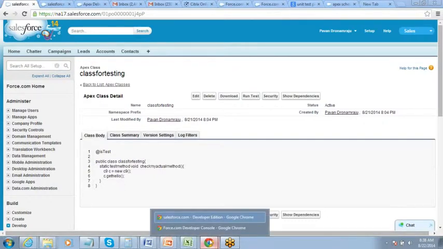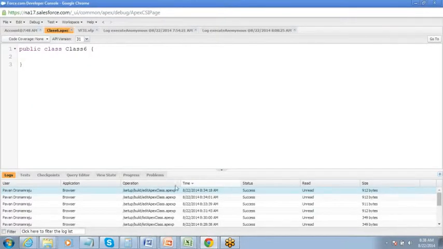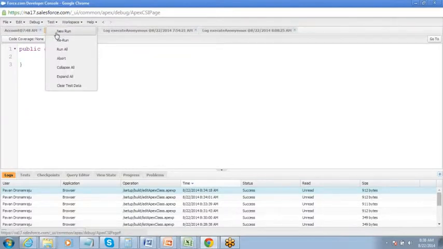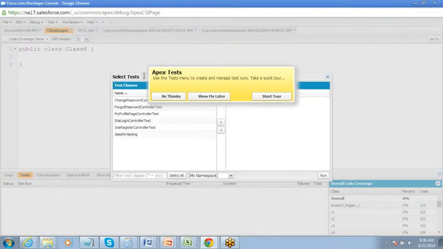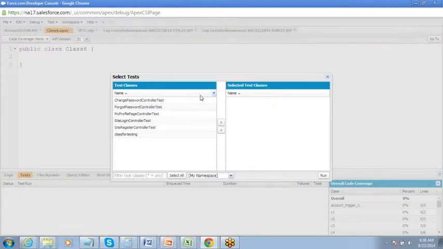Another option of running the test is going to the developer console and go to test, new run. You have run all and then you have new run. Okay, this is the test class I want to run.